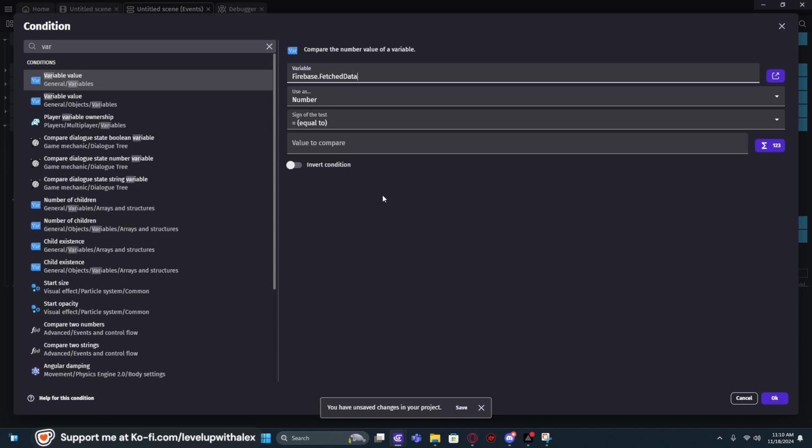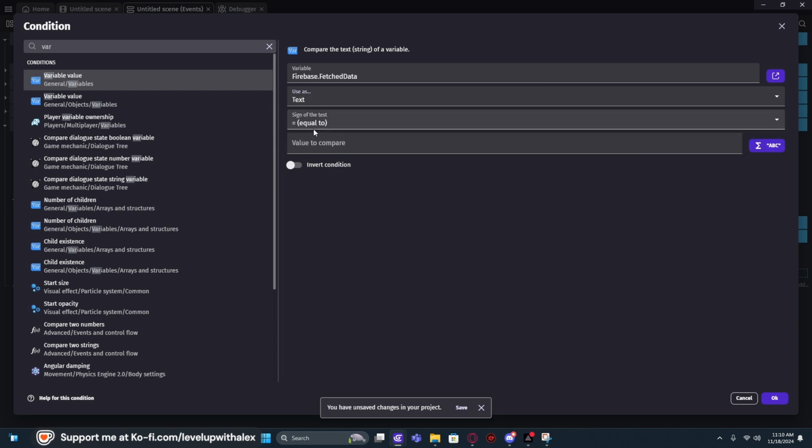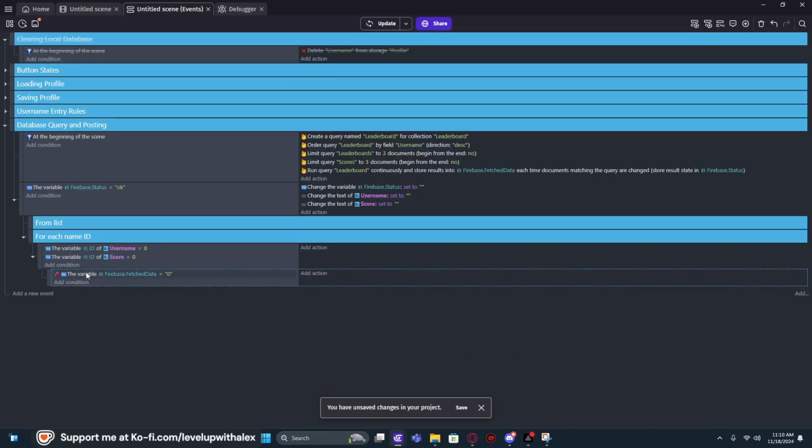and this is where things get interesting. We're going to be fetching the data as a text, and we're going to make sure that this doesn't equal, and we're going to pass through 0 here. This is to make sure that it doesn't pass through the text string into that field as 0. As usernames are being input, we're already sending it as a text to the database. So we need to return it as a text. So we're going to say if the Firebase.fetchData isn't 0, but there's a lot more that we need to add